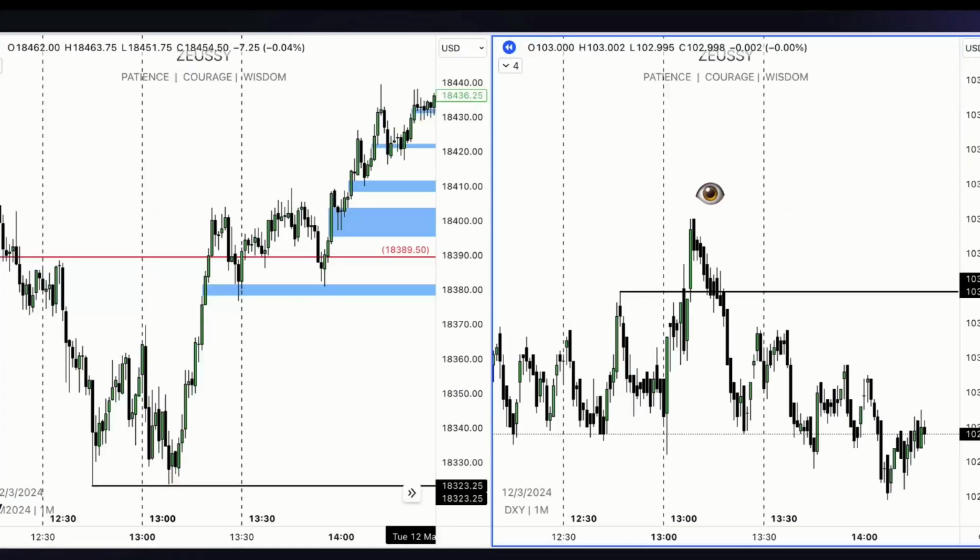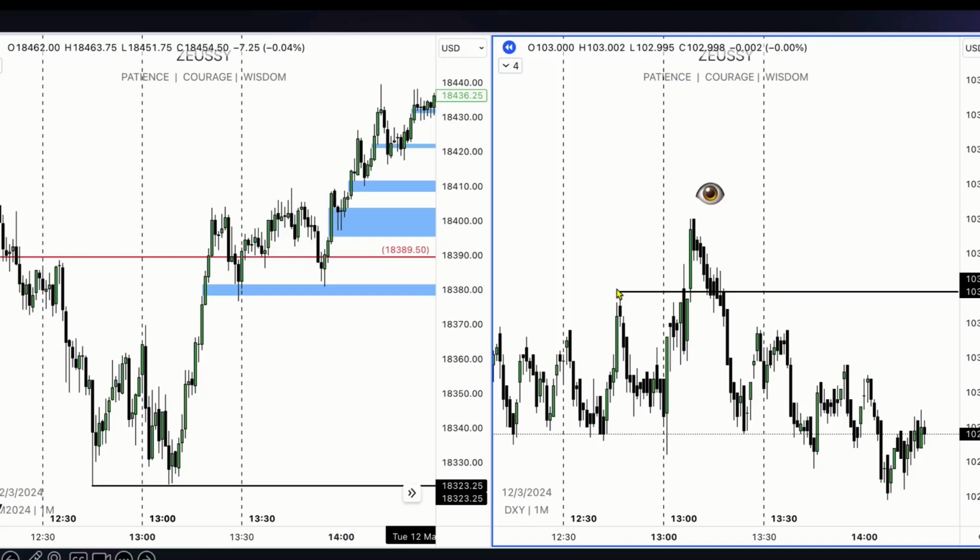So here we can take a look at the Nasdaq chart on the left side and the Dixie chart on the right side. And we're going to take a look at the lows on Nasdaq relative to the previous cycle's low and the highs on Dixie relative to not the previous cycle's high, because the high between 11:30 to 1 was higher than this high, but we're taking specifically a look at the fractal 30-minute cycle. So the 12:30 to 1 low on Nasdaq right here, and the 12:30 to 1 high on Dixie.